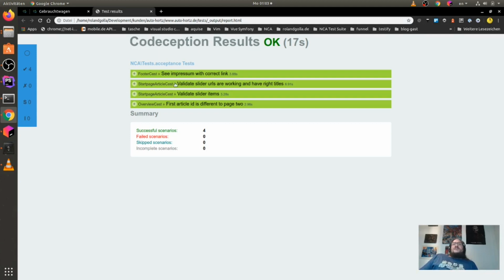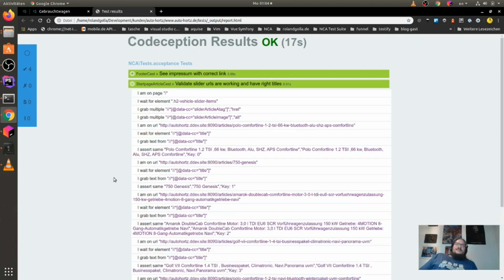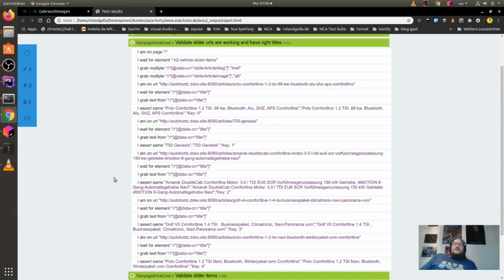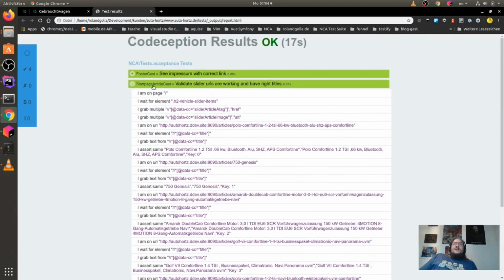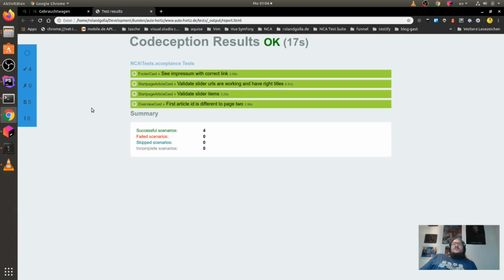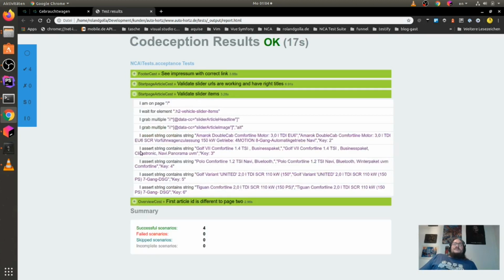We have the validate slider URLs are working and have right titles. Now you see why I'm using these very long method names, because it's something not Gherkin like, but anybody who reads this hopefully will understand this. And here we see what happens. And now we have here also the validate of the slider items.